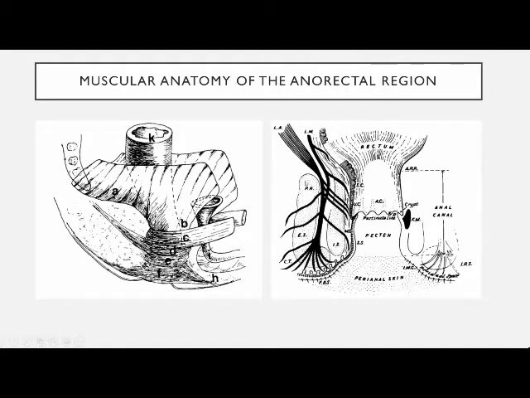The external sphincter is a complex structure which extends from the skin to the levator ani region, and there are multiple septations. It divides into strata, and it is anchored anteriorly to the perineal body and posteriorly to the coccyx and the skin. So in this we can see the internal sphincter, which is an expanded part of the circular muscles of the rectum.